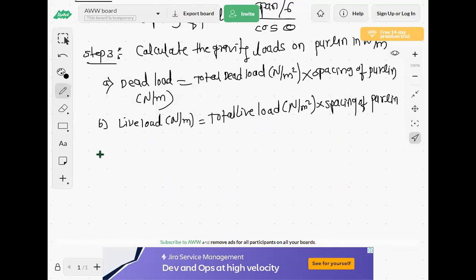Then c, wind load. Wind load in Newton per meter is equal to